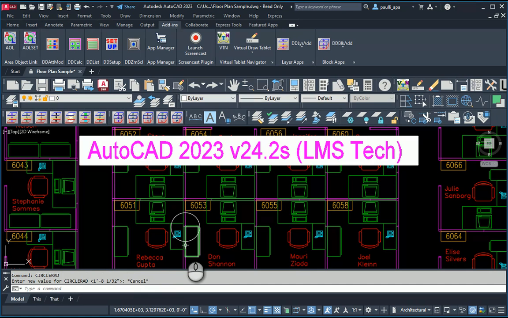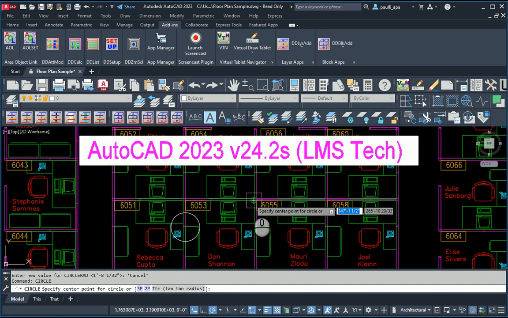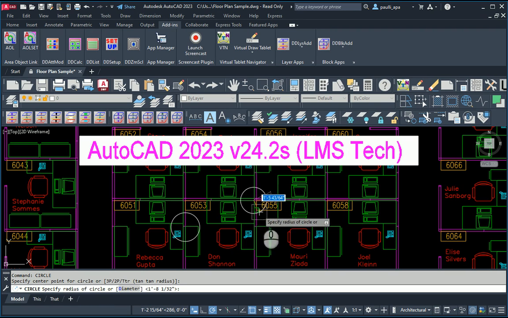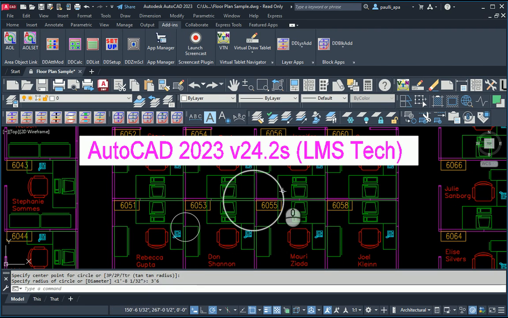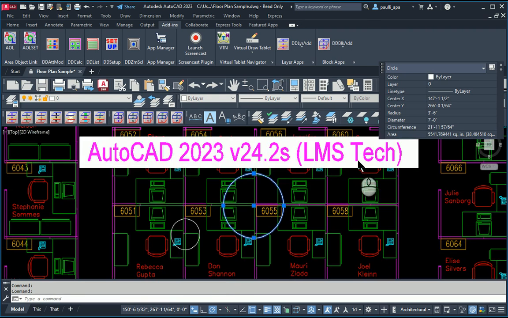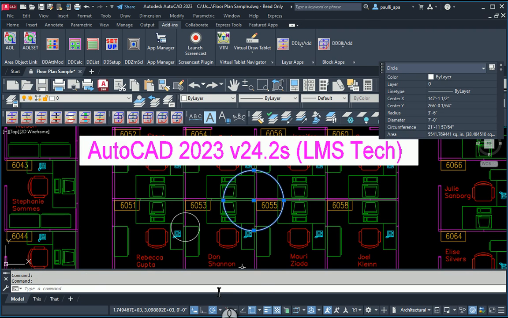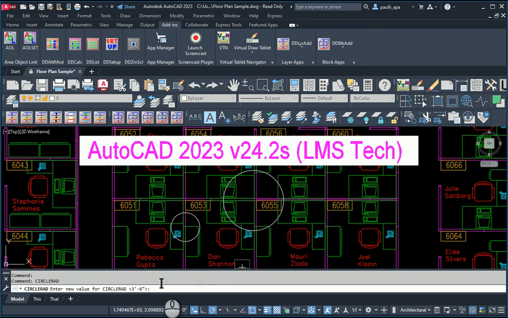But again, regardless of what that is, I could repeat the circle command, select anywhere on the screen to begin my radius, and as I drag it out, it's going to increase from 0, regardless of what the circle radius is, to the actual dimension itself. And again, 3'6" is what I want. Now that's a 3'6" circle. Quick properties, 3'6" radius, and again the circle rad variable does match, but